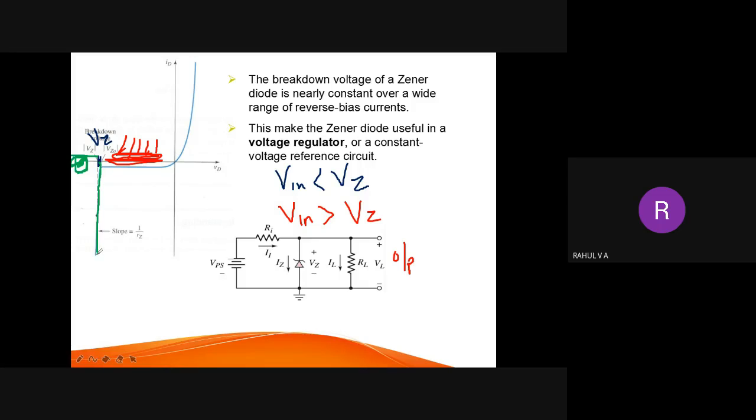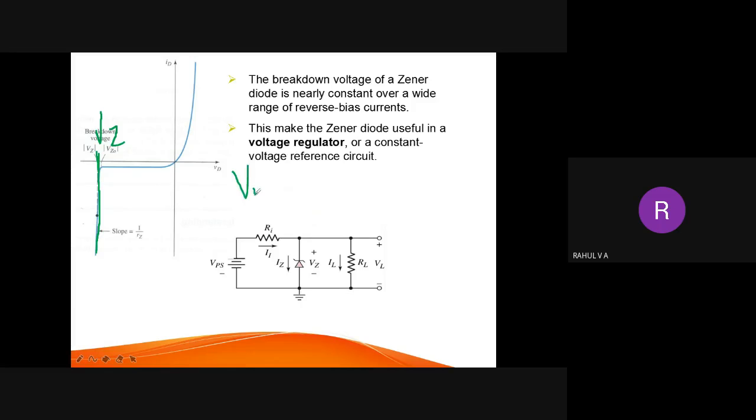So current increases, there is no increase in the voltage. You can check the diagram. Current increases, but reverse voltage is constant. Voltage is not changing at all. Current increases. Now, when Vin is greater than Vz, the Zener diode conducts, current flows through the Zener diode,